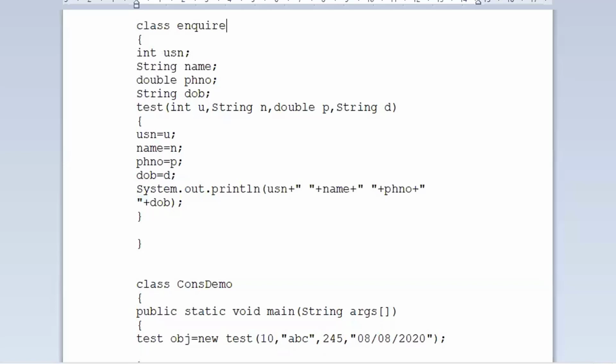So in that particular registration form, I might be asking a few things from whoever is making a query. I just wanted to know their ID, right? So instead of a USN, let us take some ID. So some ID I require, right? I wanted the name of that person, whoever is making an enquiry. I wanted the phone number of that person. And I wanted the date of birth of the person, whoever is making an enquiry, right?